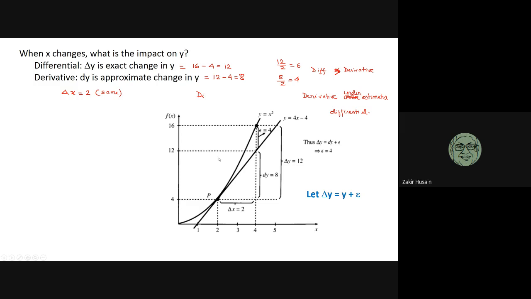Okay, now let us find out how much y has gone up. First, we will use the function, which is what we should do. So if x equal to 4, we take the point on the function on this curve. So what is y now? It is 16. So what is the change in y? 16 minus 4, which is 12. So the differential says that the change in y is 12. And what is del y by del x? 12 by 2, which is 6.